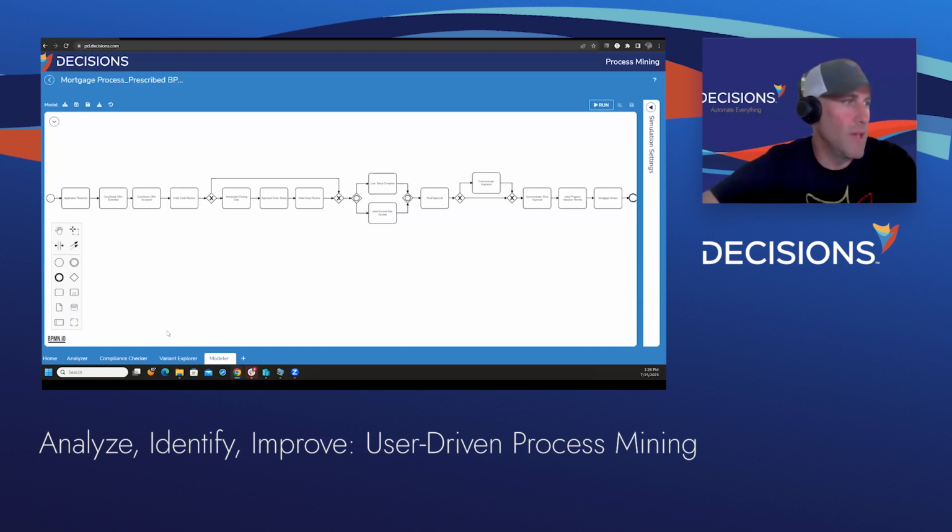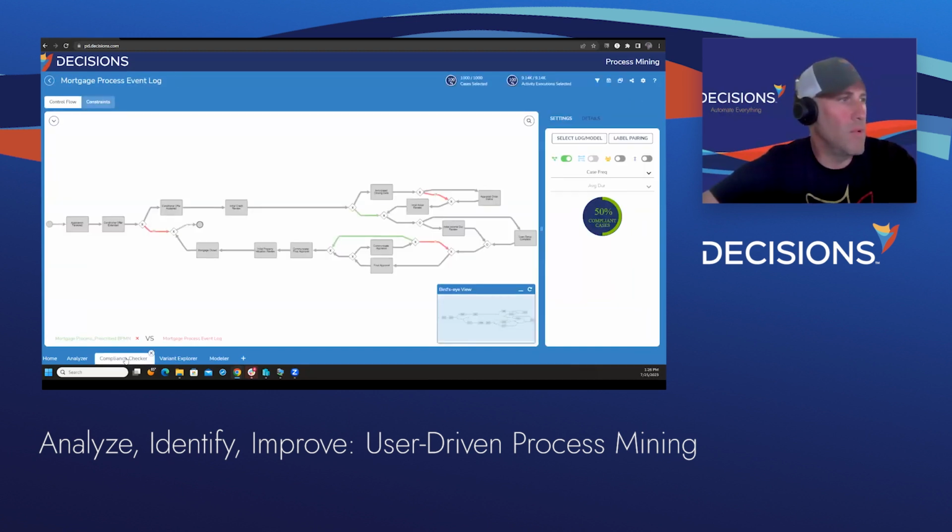In order to do that, the tool has the ability to import event logs. Event logs can come from any digital system that's activity driven. We just need some specific data points. For instance, we need a unique case ID, and we need activities. We need start times and end times of those activities. An added bonus would be resources or the roles they partake in, and any other type of attributes that we want to data mine or process mine.